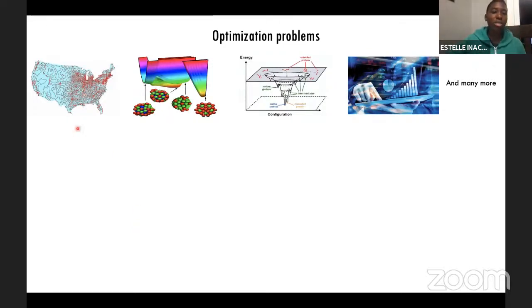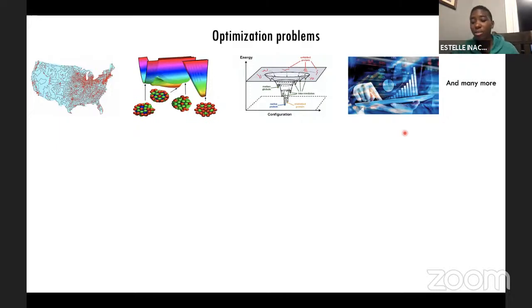The so-called traveling salesman problem, which is the problem of finding the shortest path for a traveler going through a certain number of cities. Here you have a problem that is typical in quantum chemistry. For example, you have atoms interacting with a certain potential, and you look for the configuration that minimizes free energy. That is the so-called protein folding problem, the problem of finding the native state of a protein. Or, for example, a portfolio optimization problem, how you should best invest the stocks you have in your portfolio. And there are many more of these.